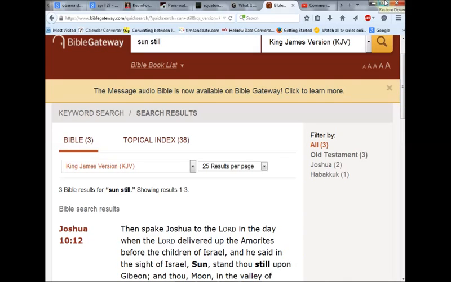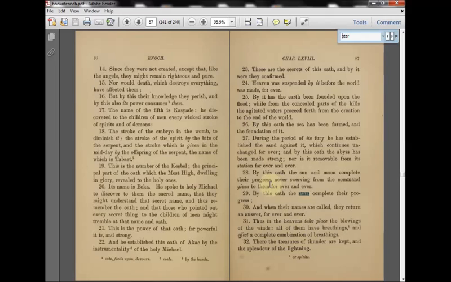Now let's get into the book of Enoch and see what it has to say. And Enoch confirms here that it is the stars and the moon and the sun that are moving, not the earth. "By his oath, the sun and moon complete their progress, never swerving from the command given to them forever and ever. By this oath, the stars complete their progress."